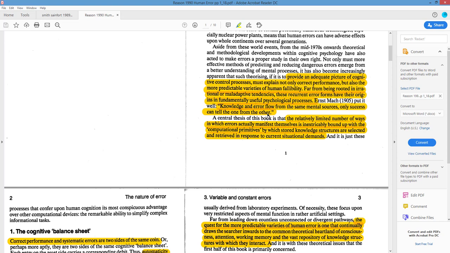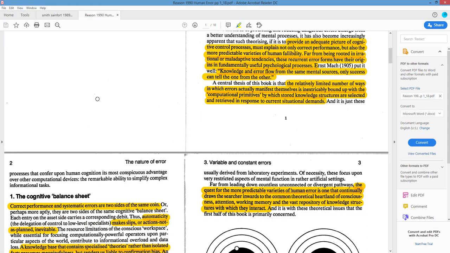So what Mach is basically saying, what Reason is referring to, is that somebody does something with an intent for a particular outcome, but it doesn't happen. But it's the same approach. It's the same intent. So therefore, what could contribute to the error beyond intent? Because we typically blame a person for an error. Oh, it's your fault. You did it intentionally. But no, what he's saying is it tends to look the same.